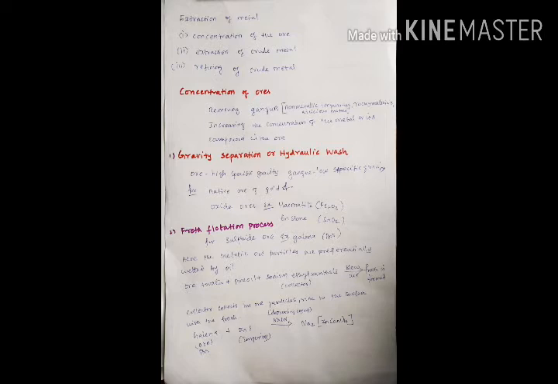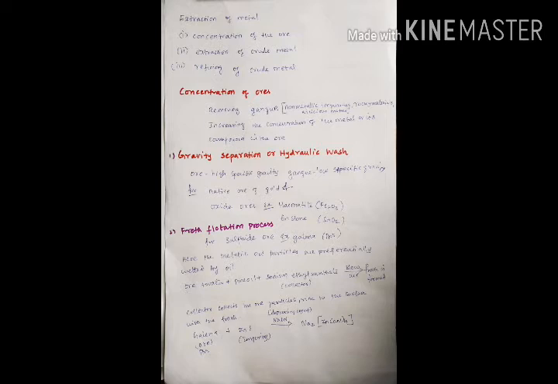What are all the unwanted impurities? The non-metallic impurities, the rocky material associated with the ore and the siliceous matter associated with the ore. What is siliceous matter? Siliceous matter means only sand or silica. So simply, gangue means the unwanted materials present in the ore. If we remove gangue from the ore, automatically the concentration of the metal in the ore increases. So concentration of the ore, once again I repeat, means removing the gangue, increasing the concentration of the metal or its compound in the ore.